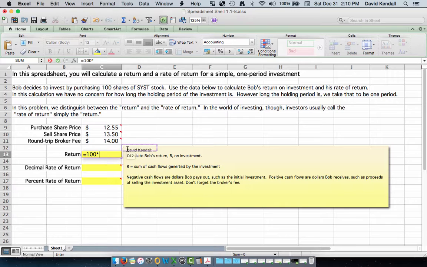star for the Excel formula, and then I'm going to reference the purchase price, which is $12.55, but since it's a negative cash flow I'm going to put a minus sign on it and then just reference the cell C9, which contains the share price $12.55. Now to make sure that Excel does that calculation, first I'm going to put parentheses around it. That just guarantees that Excel is going to multiply 100 times the contents of cell C9 before it does anything